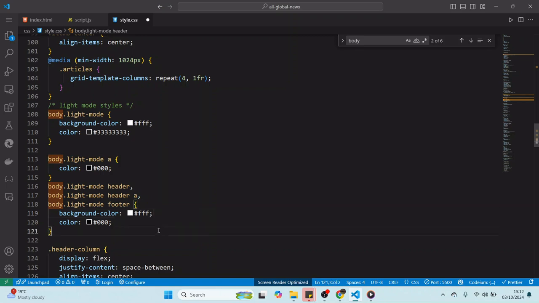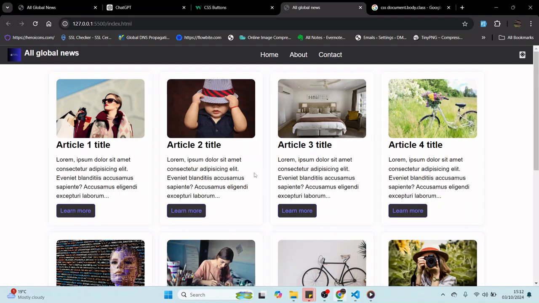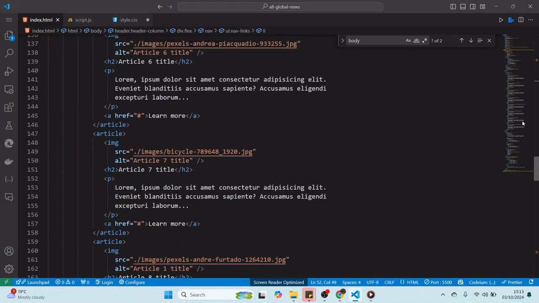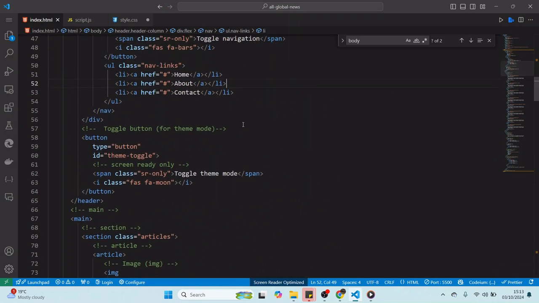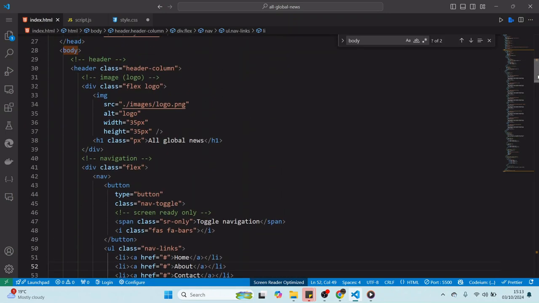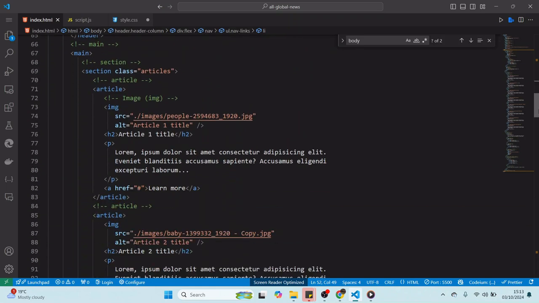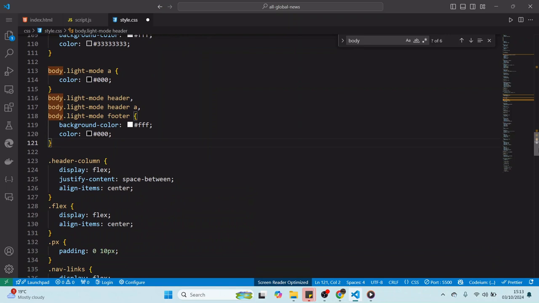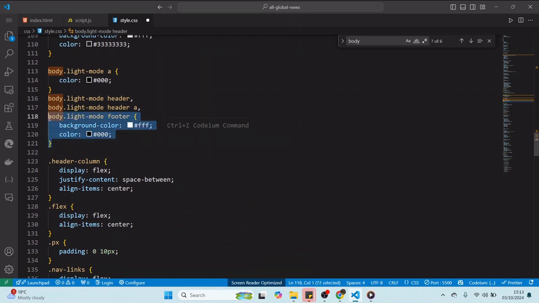The following one is we want to set the articles. If you see here, we've got articles. I can show you that if you go to the body, we want to target this one. So we have main section and articles, and then we have article class, etc. So we want to do this in a light theme mode. I can copy this one. Let me copy one of these